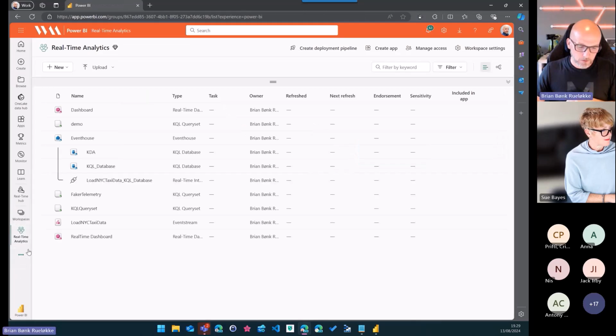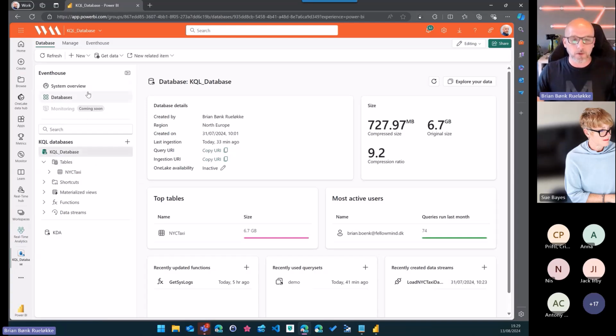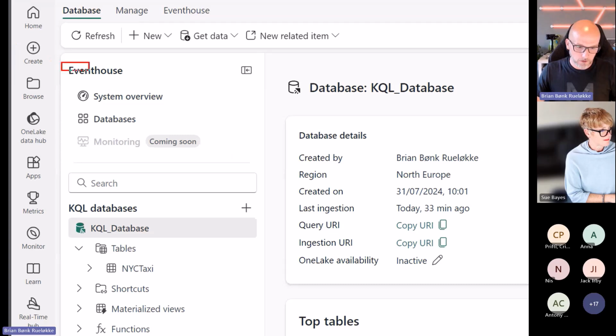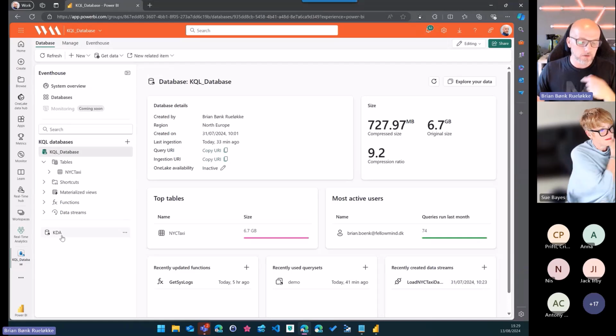Let me close all of this. The database is this one, the KQL database. It is a part of an event house, which I just called event house. You can see the name right here, event house. So don't be mistaken. This is my name of my event house, not what you will call your event house, hopefully. In this event house, I have 2 databases. The KDA database, this is the Kusto Detective Agency. This is where I play around with the funny things from the Detective Agency, the gamification I just talked about. And I have the KQL database, which contains this table called New York City Taxi.